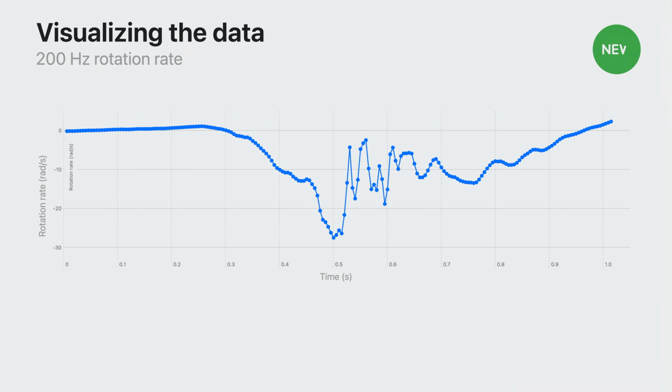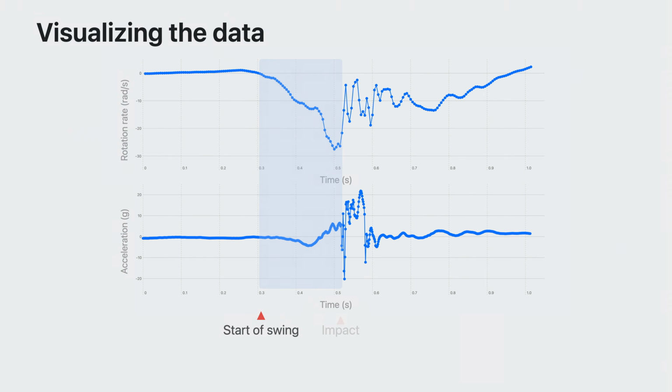Now, let's take a look at the same swing from the device motion perspective. This plots rotation rate along gravity at 200 Hz. I can see the swing start by the way rotation rate begins to change at around the 0.3 second mark. Let's put these together. With these plots aligned by time, I can get a feel for how the information in 800 Hz accelerometer and 200 Hz device motion helps me compute time to contact.